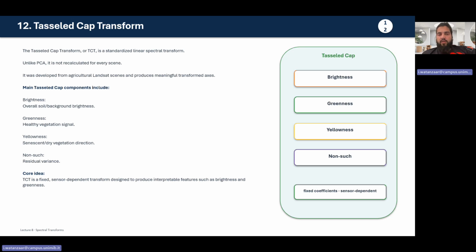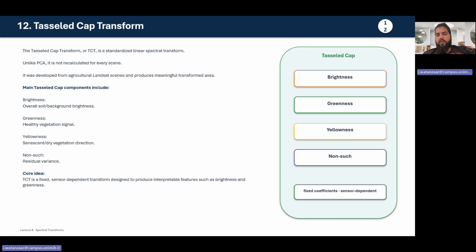So what are the main components included in Tasseled Cap? Brightness is the overall soil or background brightness. Greenness is the healthy vegetation signal. Yellowness shows the senescent or dry vegetation direction, and the non-such is the residual variance. So the core idea is that the TCT, or Tasseled Cap transform, is a fixed, sensor-dependent transform designed to produce interpretable